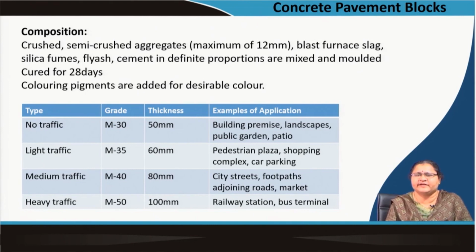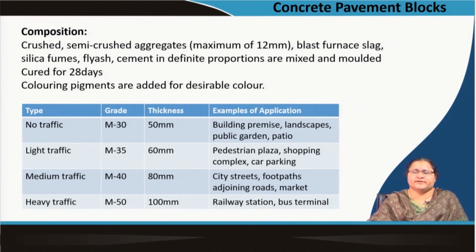And then heavy traffic like railway station areas, bus terminals, where lots of porters, movements, luggage, and heavy materials may be carried. So that is heavy traffic. Then you have another category, the docks and yards, they have very heavy traffic,